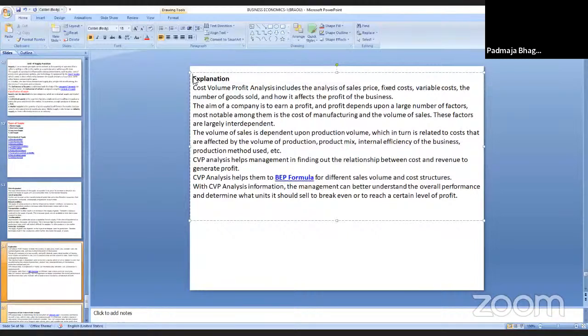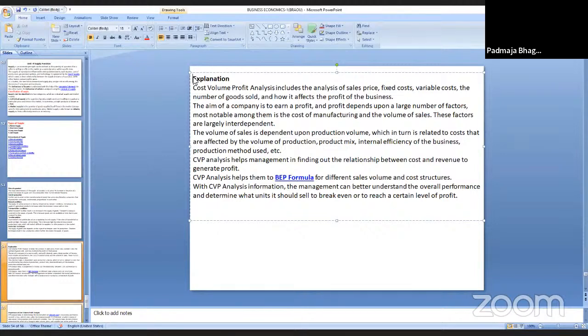So here, cost volume profit analysis always includes the sales. Sales how? When you are selling, that is the sales price. When you are selling the product and increasing the volume, it includes the analysis of sales price. As you have purchased from the shop, if you immediately sell it second hand, they will be making all the sales prices, that is variable cost, the number of goods sold, and how it affects the profit